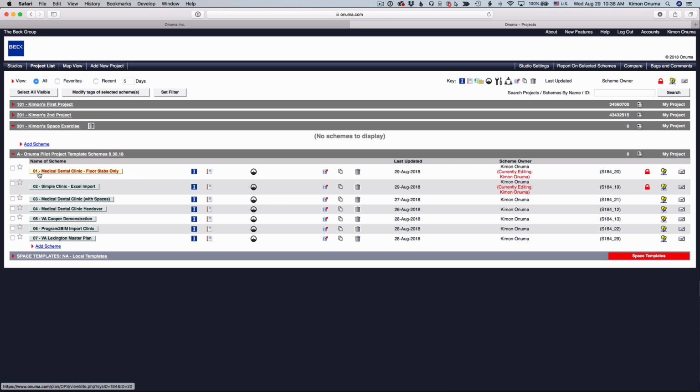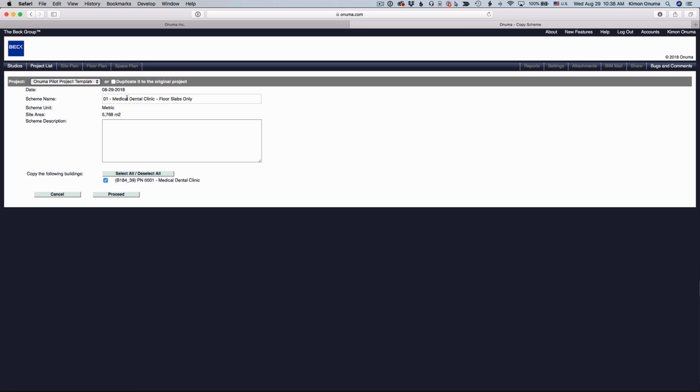We have a scheme number 1 called Medical Dental Clinic Floor Slabs Only. And there are little buttons here that give you information and other statistics. But right here there's an icon that is a double document icon, essentially a duplicate icon. There's also a delete, and the date and who the scheme owner is, and the scheme unique number and other settings to the right. But we're going to go to the duplicate, and it gives you the name of the scheme 01, and I'm going to call it Kimon's Medical Dental Clinic Floor Slabs Only,